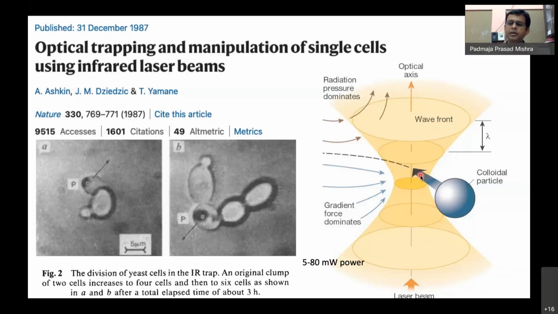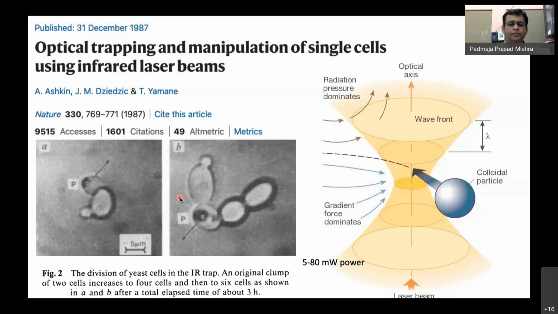The first thing he explained is that the balance between the gradient force and the scattering force is responsible for trapping the molecules at the beam waist and even sculpting the molecules towards the center. And you can use a single laser beam to trap objects. And another thing he showed: he carried out this experiment using an IR laser, a 1064 nanometer laser, because this window of radiation is kind of safe and does less damage to any